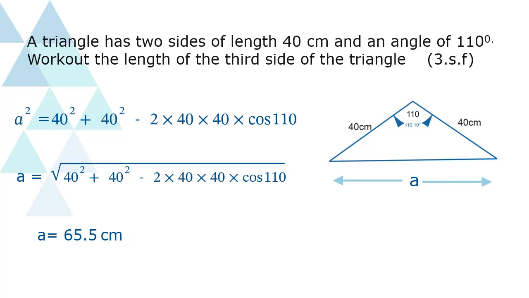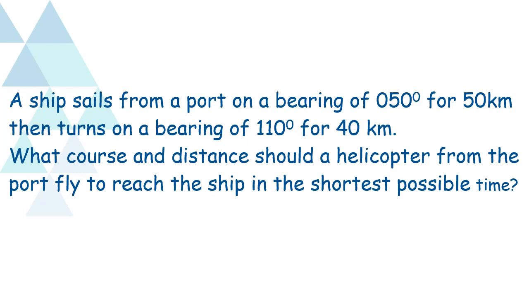So A is equal to 65.5 centimeters. Our next question will be about using trigonometric ratios in navigation, and the question says that a ship sails from a port on a bearing of 50 degrees for 50 kilometers, then turns on a bearing of 110 degrees for 40 kilometers. What course and distance should a helicopter from the port fly to reach the ship in the shortest possible time? Let us try to draw the